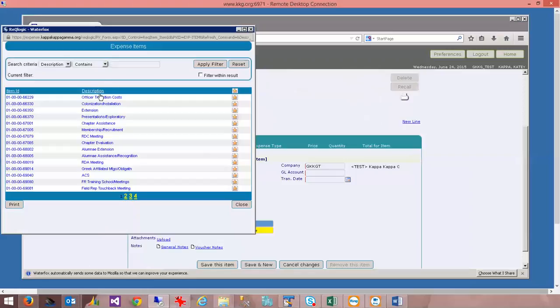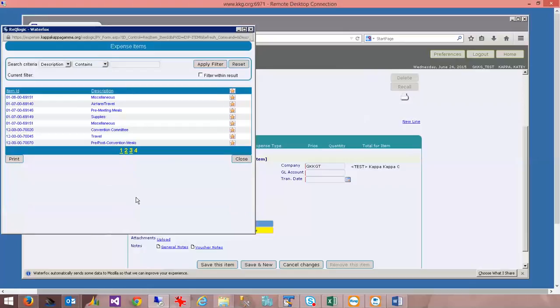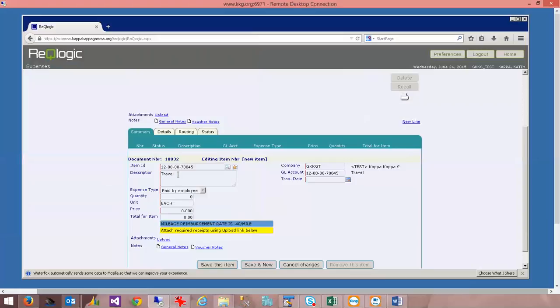So we have a couple options for filters. You can select on description, select on item ID. We can go through the multiple pages of accounts that you have. And you could also do a search criteria where you could do something like the description contains something like, I'll just say travel. So I selected one, and